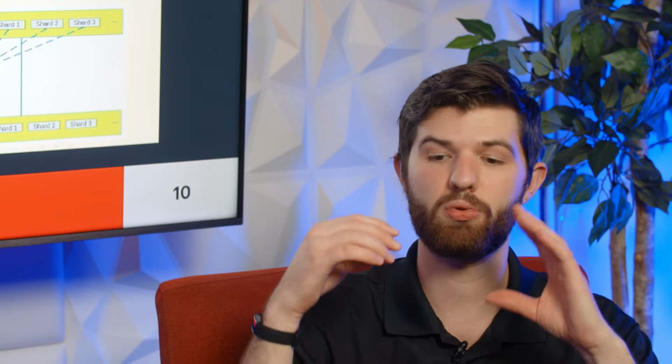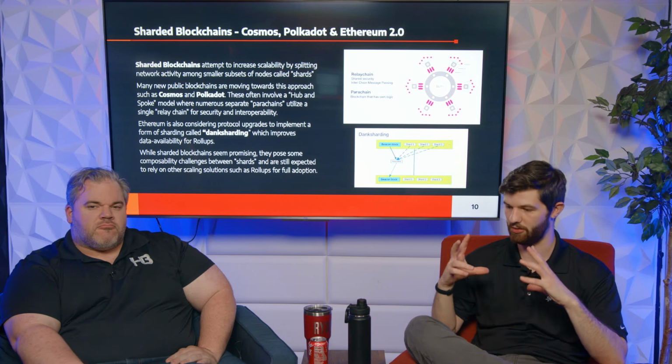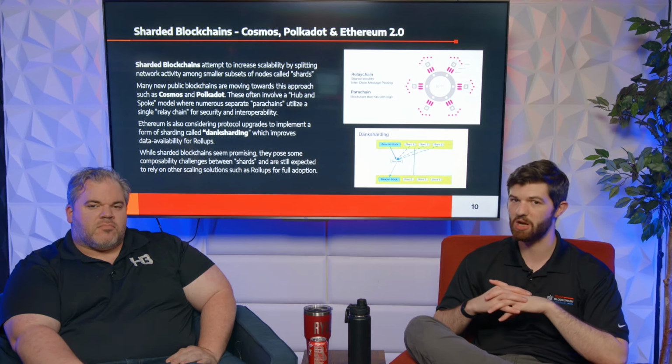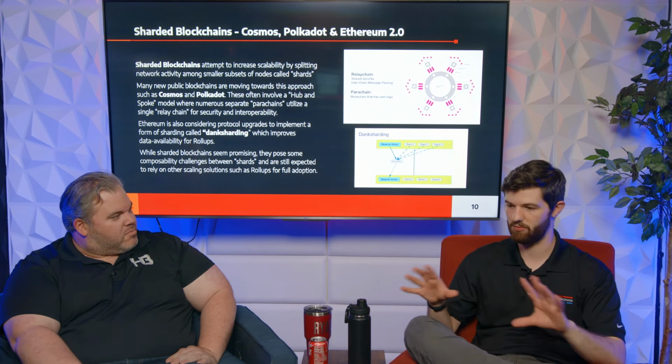So dank sharding is the idea, well, let's just shard data instead of sharding the whole thing. So we'll still process all the transactions in one chain, in the beacon chain, or the one execution chain. But we'll split up the data storage for all the data that we're storing for these rollups among a subset of nodes, and that is actually simpler to implement than sharding the whole thing. So from a technical perspective, it's just okay.